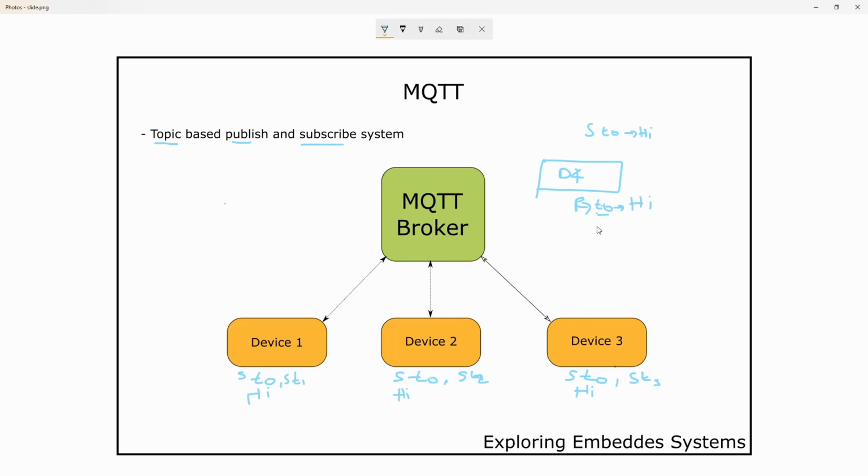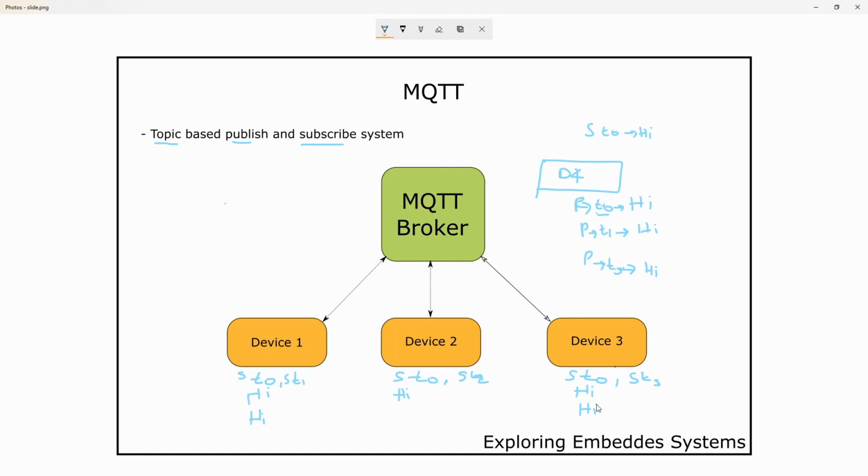So now if I publish with the topic name T1 and send hi, only this one will receive it. These two won't receive it because they have not subscribed to the T1 topic. If I publish on T3 and the message is hi, only this one will receive it.